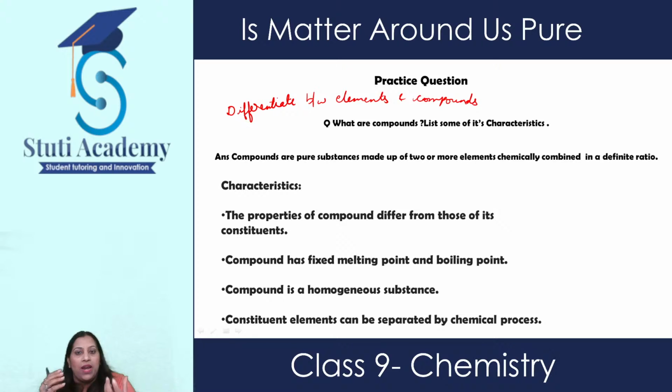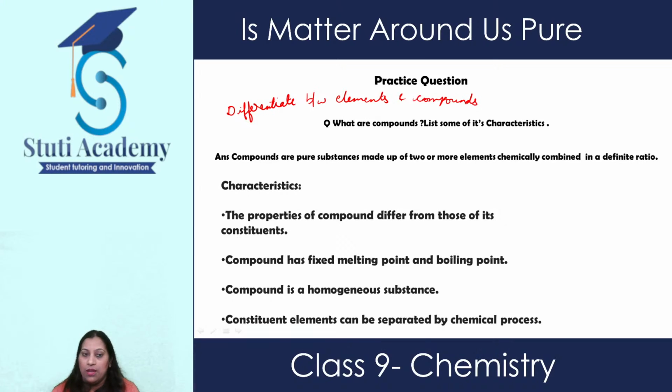Like elements, they are made up of same type of atoms. They are made up of same type of substance. In compounds, they are made up of two or more elements when they are mixed in a definite ratio. Elements cannot be separated by any physical method. Compounds can be separated by chemical methods or by passing electricity through them. And the properties of all the atoms which are present in elements are same. But if we talk about compounds, the properties of compounds is different from its constituents. But it will not happen in case of elements.